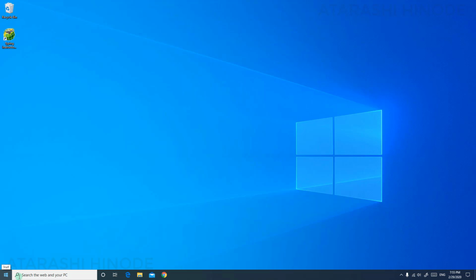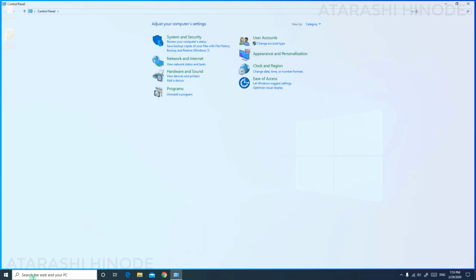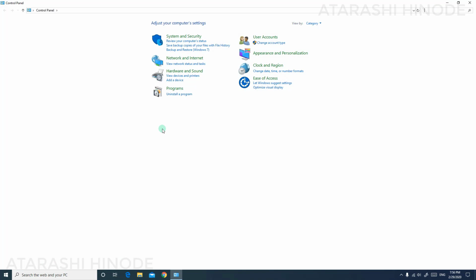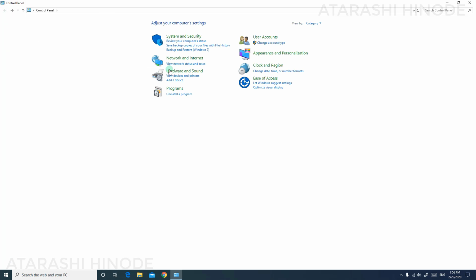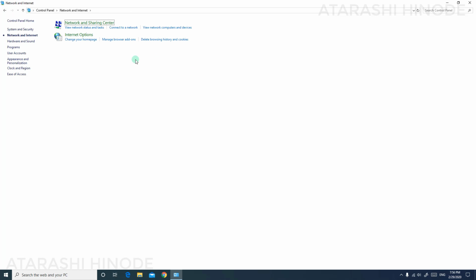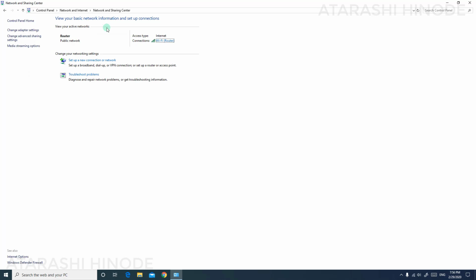the control panel, and then here you can directly go to view network status and tasks, or you can go to network and internet, and then you can go to network and sharing center. So both will take you to the same place. Over here you can see that there is the name of your routers shown here. In my case it is the router itself, and here you can see that there is a Wi-Fi router menu. You have to click that,